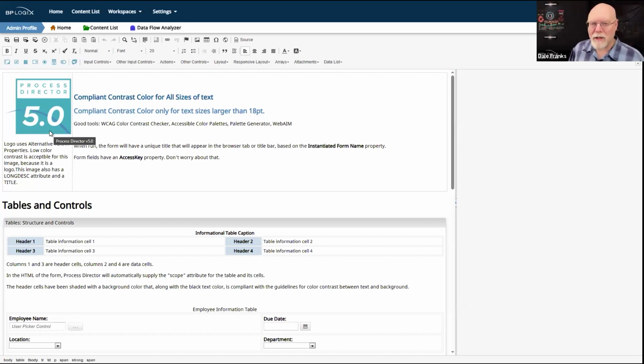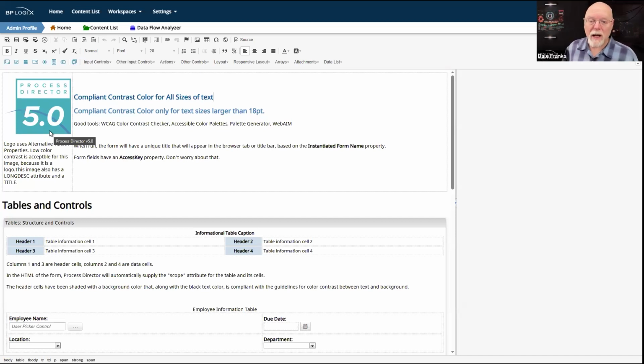And the reason that we have these color contrast standards is so that users who are visually impaired can easily see the differences between colors or easily see the difference between text and background. But for logos, those color contrast standards do not apply.